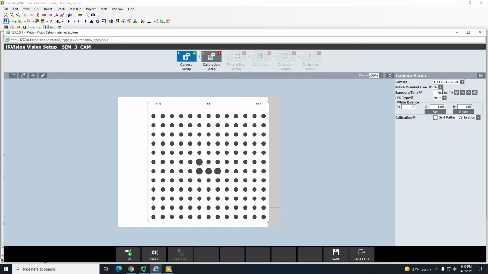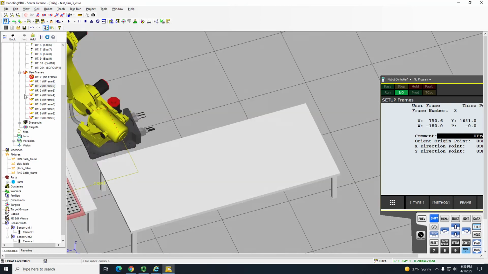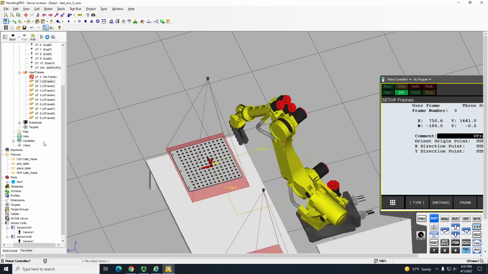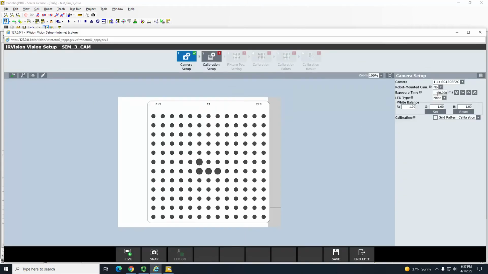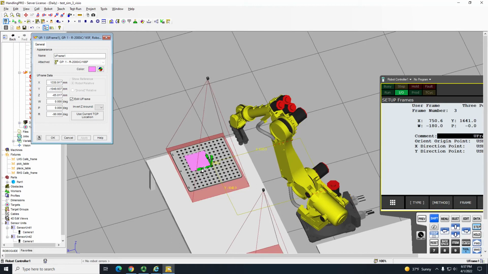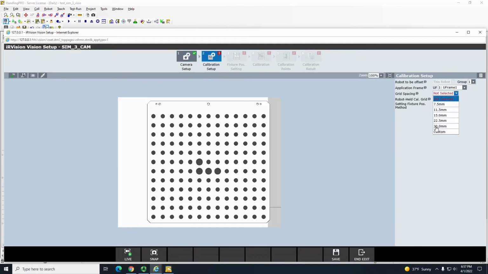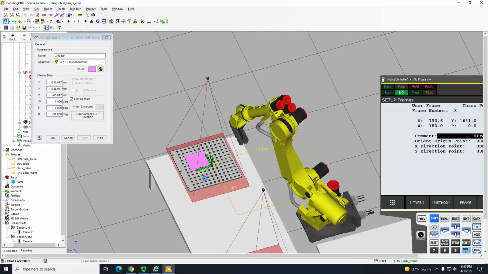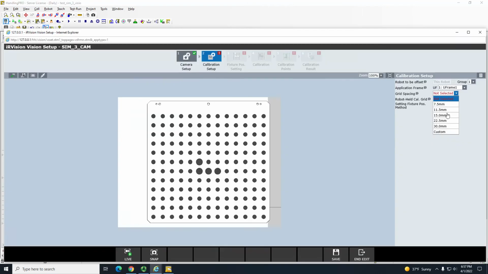I'm setting up the right camera first. So this is a user frame for the right one. It's user frame 1. So you got to make sure you're in the right user frame. So user frame 1 selected. Grid spacing. All right. How much did we have this scaled up to? Twice, right? It's going to be 60 then. Yeah. Custom. Enter 60